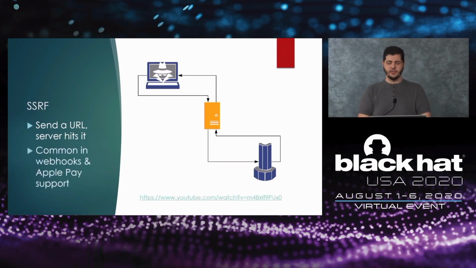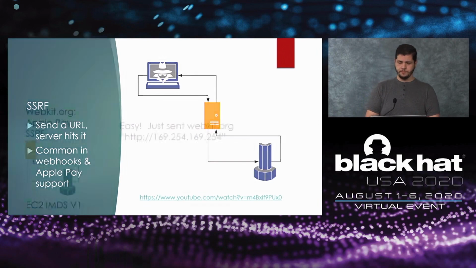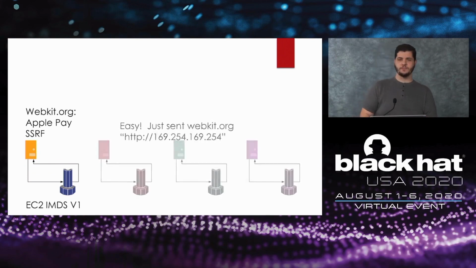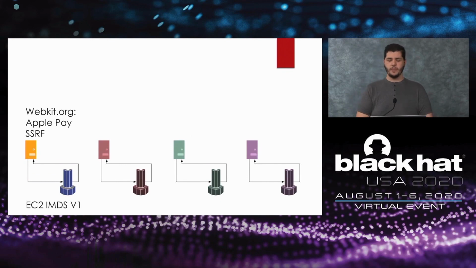Last year at Black Hat, I demonstrated a bunch of these vulnerabilities in Apple Pay and in webhook receivers. I'm not going to go into these as much here, but if you're curious, you can download these slides later and take a look at this YouTube link right here. SSRF has a ton of different approaches, but it was actually pretty easy in some cases. WebKit.org had a live sample implementation of Apple Pay, and it even was on AWS with the old instance metadata service. So all I had to do was pass this IP, and I could poke around an internal API and get some tokens. But not everything was so simple.